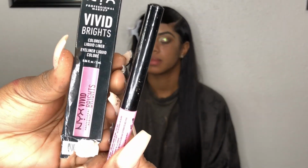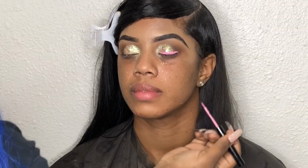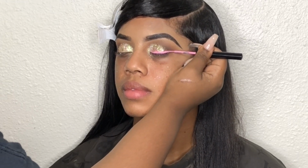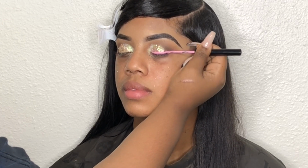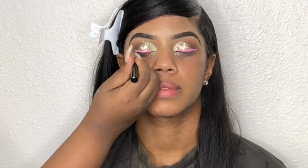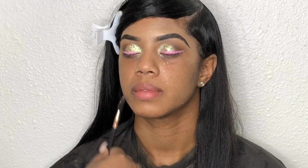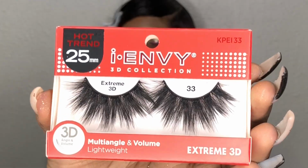I fell in love with these liners from NYX, and I love the different shades. It's neon bright shades, and I just love this shade. So I went in and did a quick liner. This shade came to me because I wanted more of a Barbie tone to it, and I just love this look, y'all. I'm obsessed. So then I grabbed a spoolie that I just used to dust off the glitter on her face,